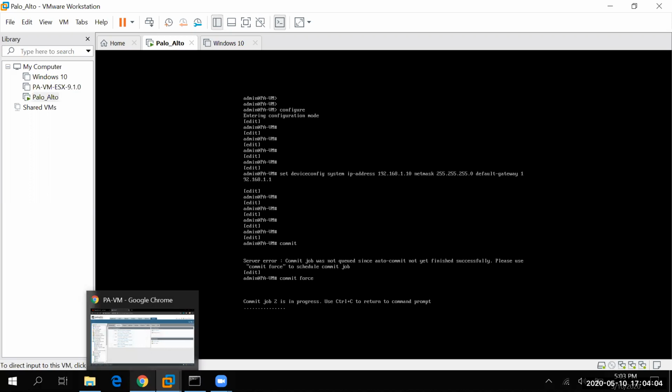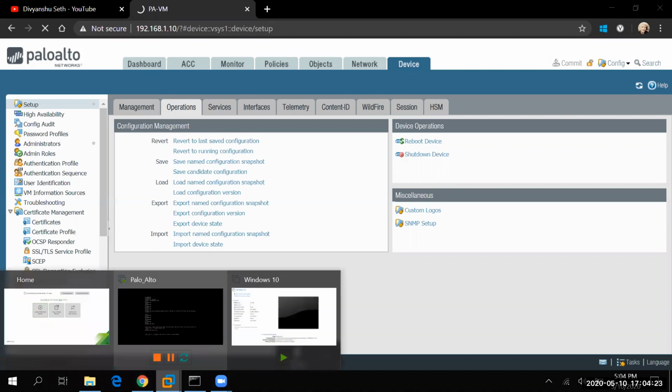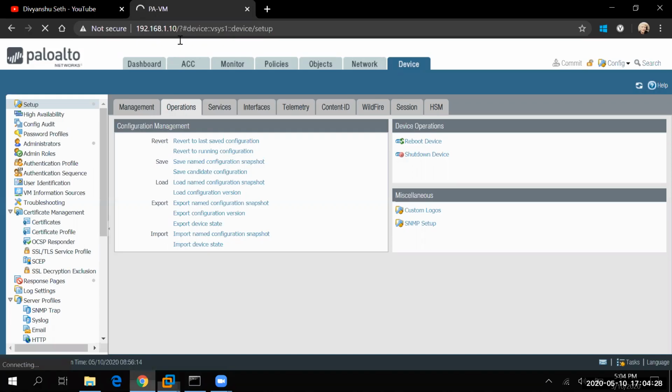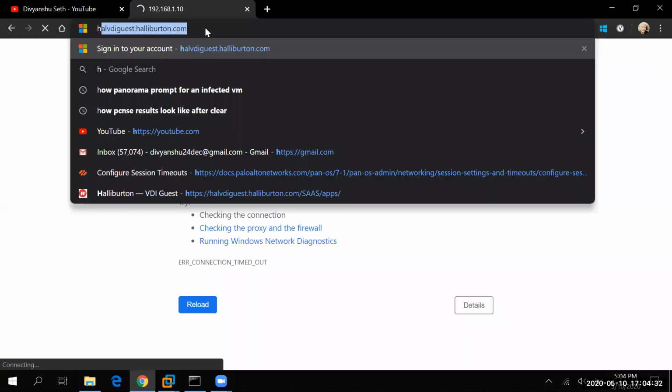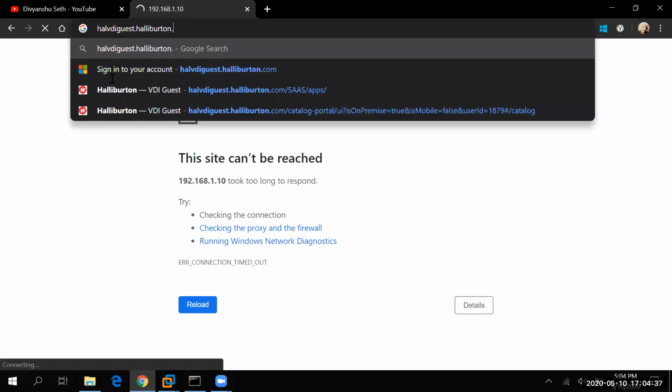Okay, let me just go here and refresh this. So currently nothing is loading, right? Let me see how long. Okay, it is still committing. The first time it will take time, guys, so you have to be patient with that one. Okay, so currently it's not loading.